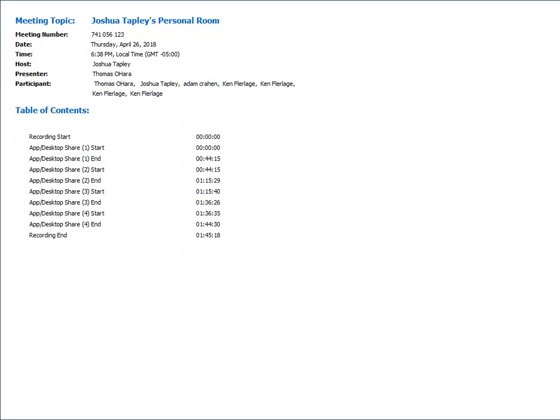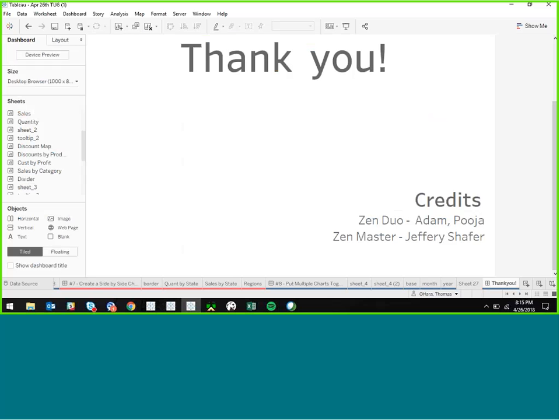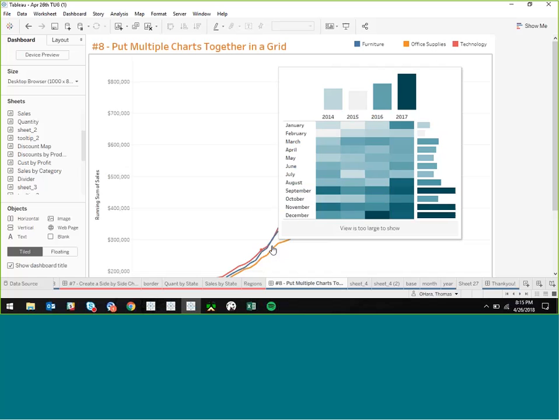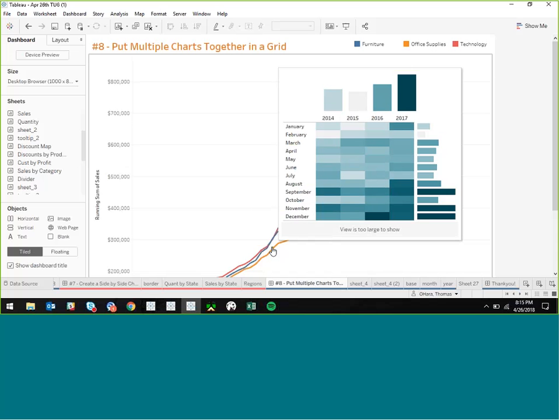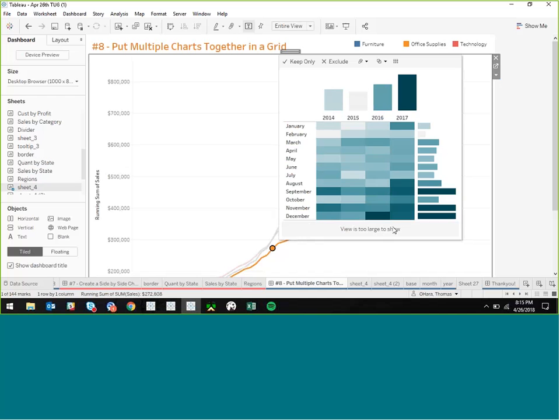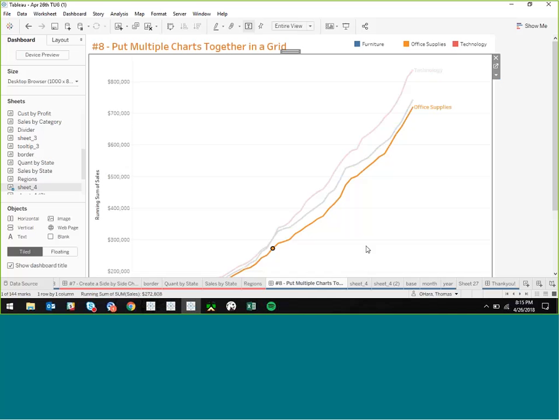I noticed, Amar, in your first one of Tom and then Tom in your last one of Amar, you guys had the tooltip that said view too large to display. Do we know what's causing that? So I think it's the height in this case. Especially in the parameter example, what happens is because you're stacking everything on top, it's trying to force everything, and in that example,